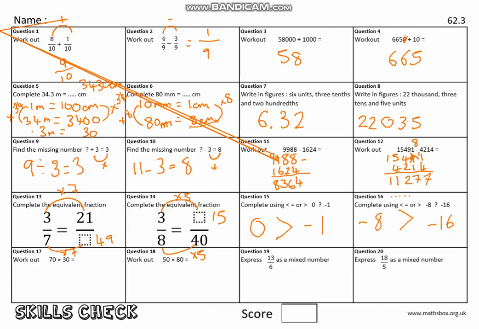Okay, so we've got 70 times 30. So this one's nice and simple. So we can just do, because remember, we can kind of take away the zeros for a second and we'll add them back in at the end. So if we just do 7 times 3, we would get 21, wouldn't we? And then we've just got to add our zeros in. So we've got 2 zeros and we can just pop those on the end there. Okay? So our next one, we can do exactly the same. We've got a 5 and we've got an 8. So 5 times 8 is 40. Got our 2 zeros. Can just add